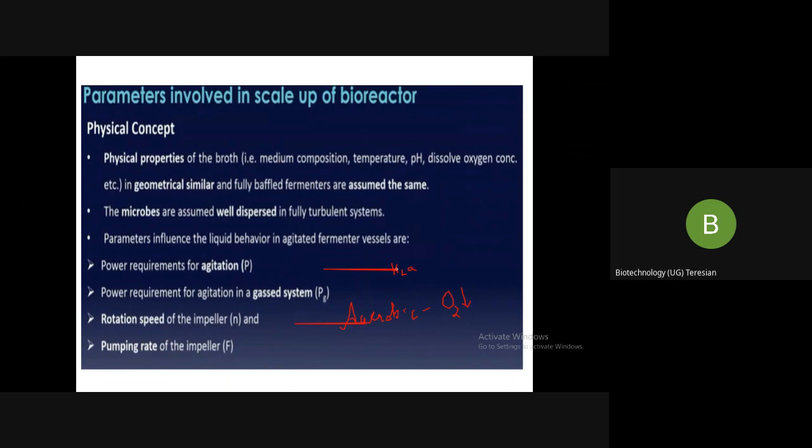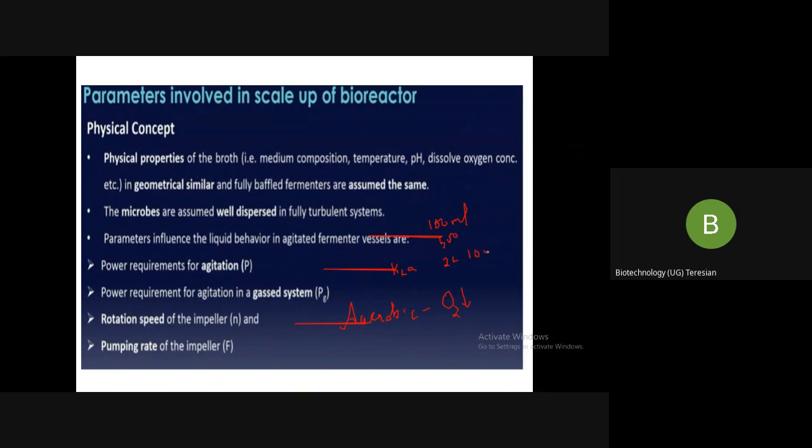So first we do all the things in the laboratory scale. Whatever we develop in the lab scale, then it comes to pilot scale. Just for example, suppose we start with a conical flask of capacity 100 ml, then we move to 500 ml, then we can move to 2 liters, then I can move to 10 liters.